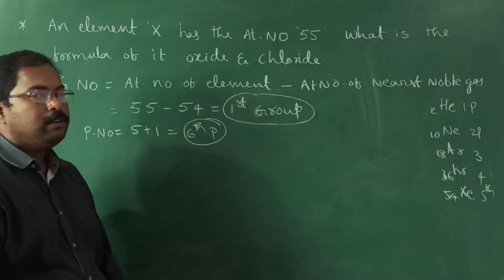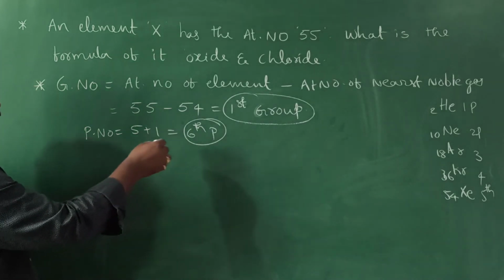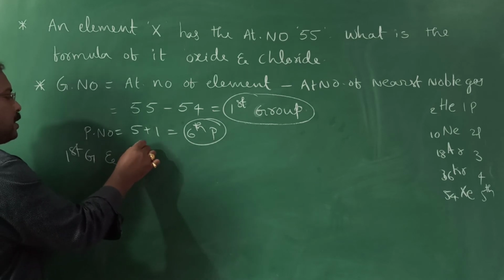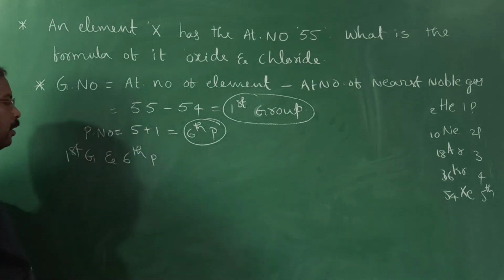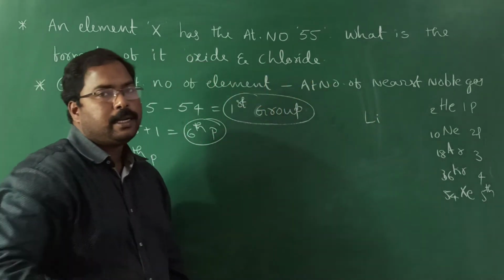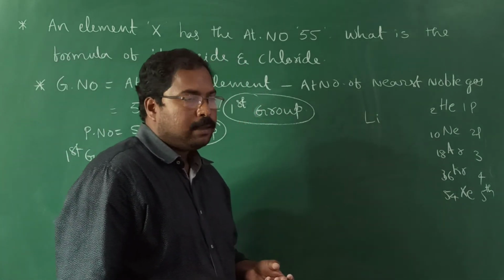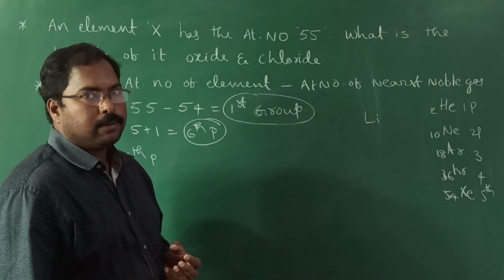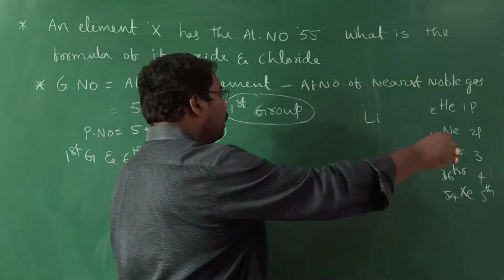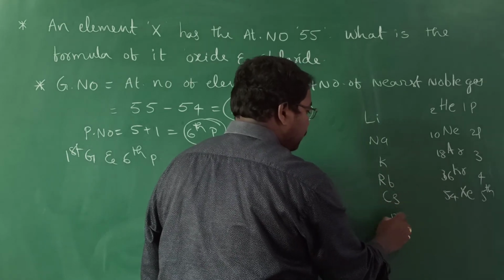Or even I will tell you the way how to find the symbol of the element also. So if you observe there, first group and sixth period. Okay, what are the first group elements we learned? I already told you to remember the elements in all the 8 groups, at least S block and P block. Okay, that is a must. Then only the concepts will be easy. We have to remember a few things. Then only we can apply in the nationwide examination. Now lithium, sodium, potassium, rubidium, cesium, francium.